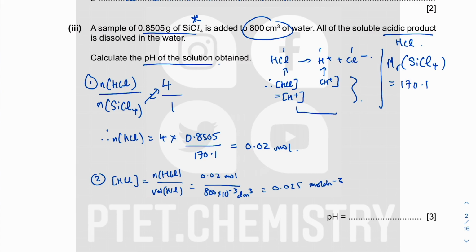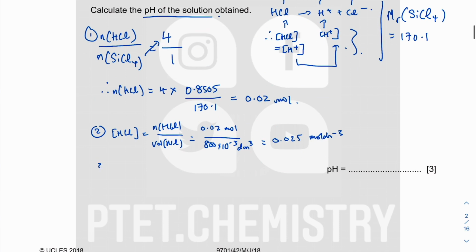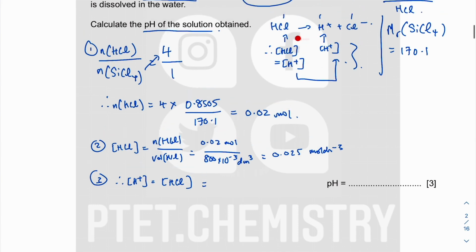And then based on this information, where I know they fully dissociate, this gives you the pH of a strong acid. So therefore, the H+ concentration is the same as the concentration of HCl because of this equation, which is balanced. We should write it as such. Okay, so once you get the acid concentration, it's just pH equal to minus log10 of H+. And we are nice and happy,